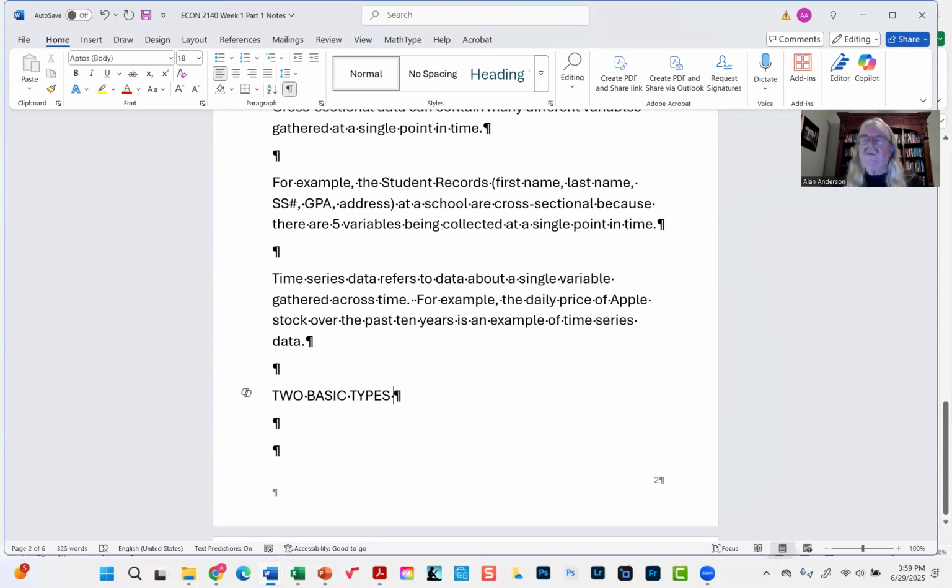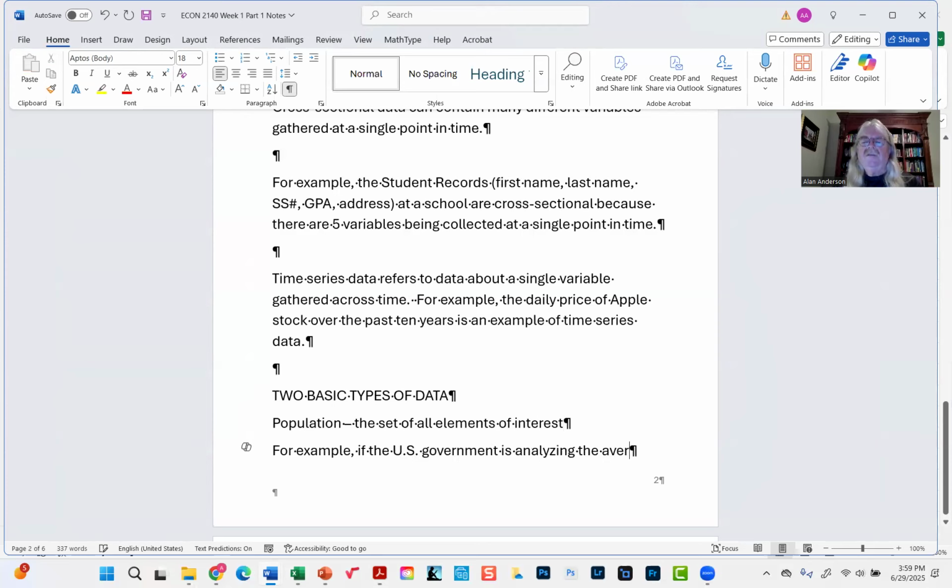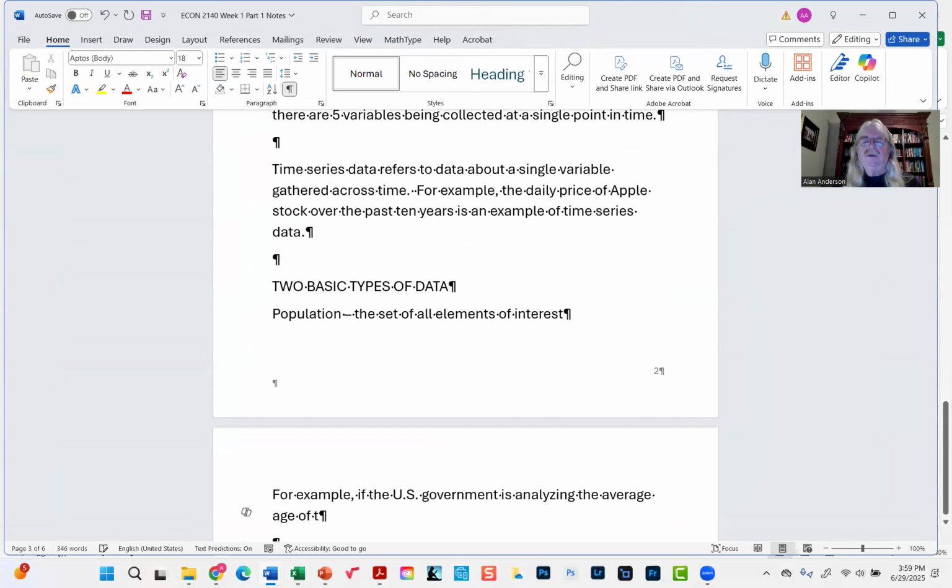Whether the data are numerical or not, the data can come from one of two sources. We have what's called a population, which is a set of all elements of interest. For example, if the US government is analyzing the average age of the US population in order to determine if the Social Security system needs more money,